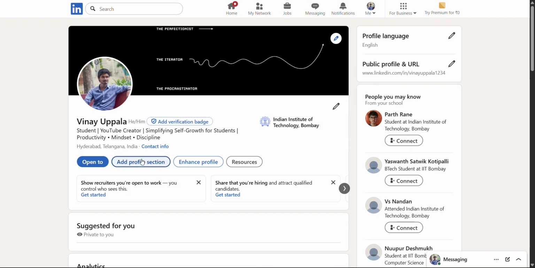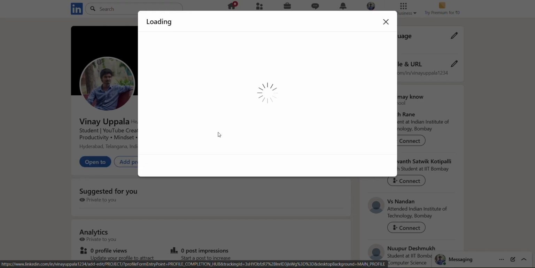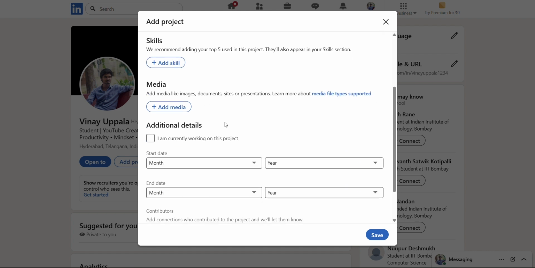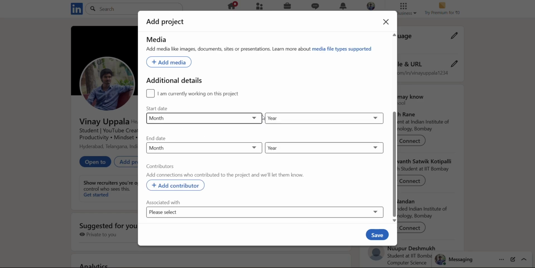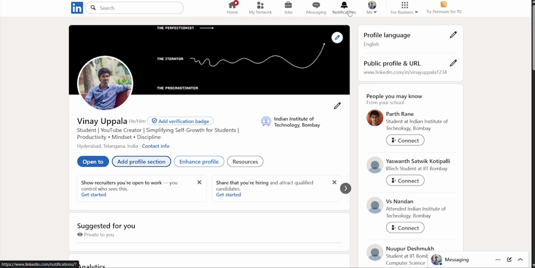Click on add profile section again, and now in the recommended section you can also add projects, like what you have done. Click on add project and you can see that you can add all the details. If you have done any project then you can add it here, and you can add the link here. These are the information that you need to fill, as I showed earlier, and after that you have to click on the save option because it won't be saved if you directly quit. Now coming to the LinkedIn home feed,